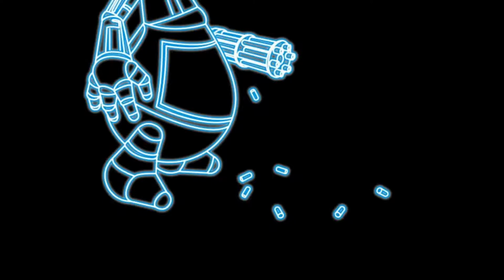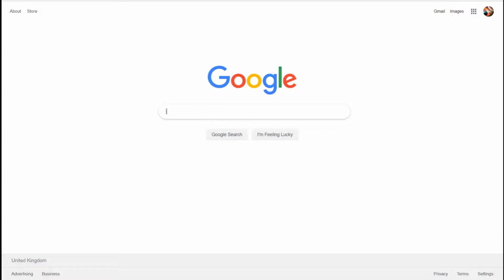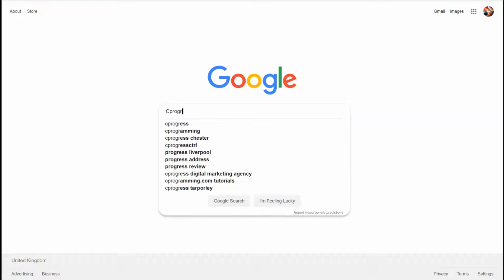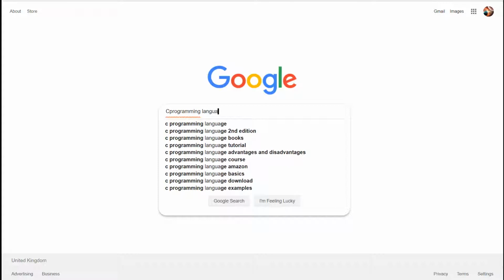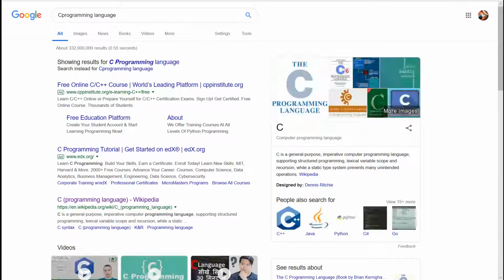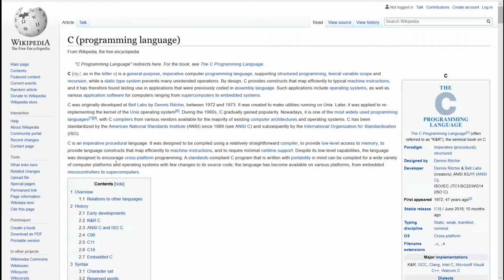What is C++? To answer that, we need to take a step back and look at C. So let's try that. I think that's only fair. C programming language. Let's try it. Here we go. C programming language